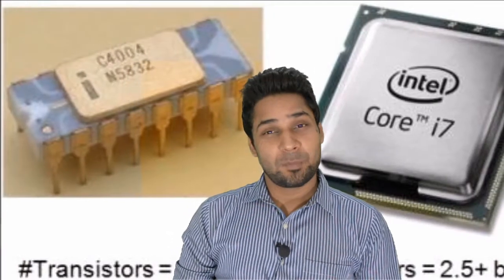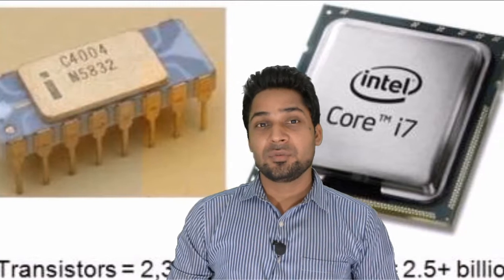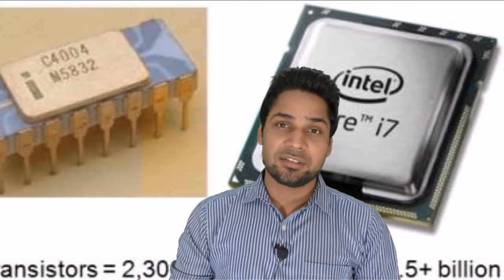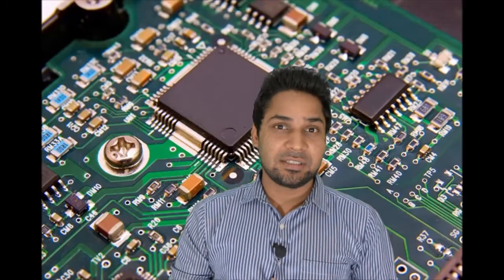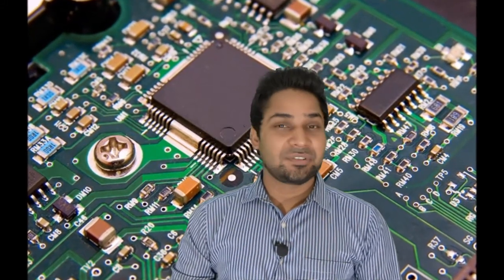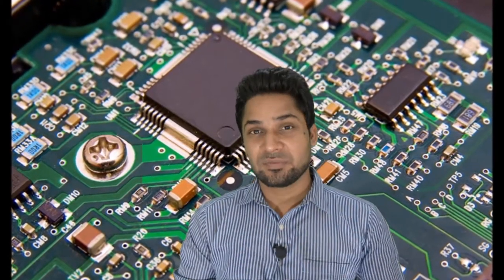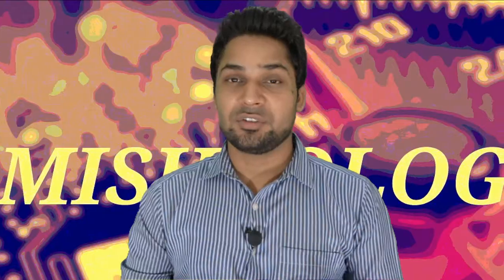Now let's first understand the cache. Cache is a smaller, faster memory which stores copies of the data from main memory locations. When the processor needs to read from or write to a location in main memory, it first checks whether a copy of that data exists in the cache memory. If so, the processor immediately reads from or writes to the cache, which is much faster than reading from or writing to the main memory.